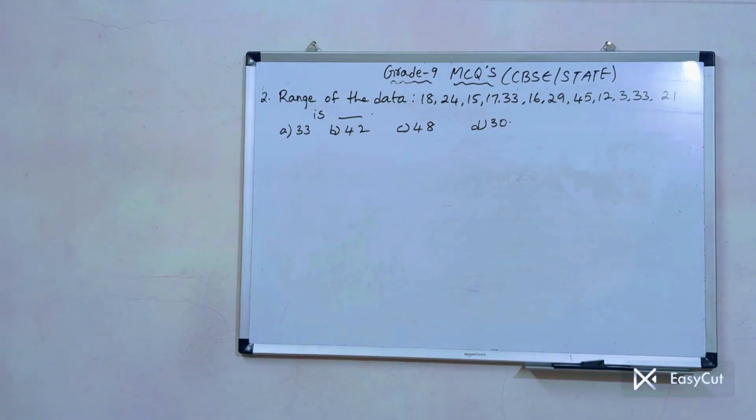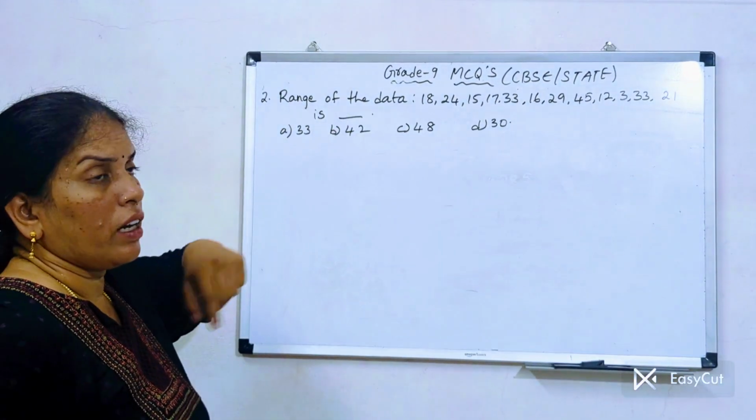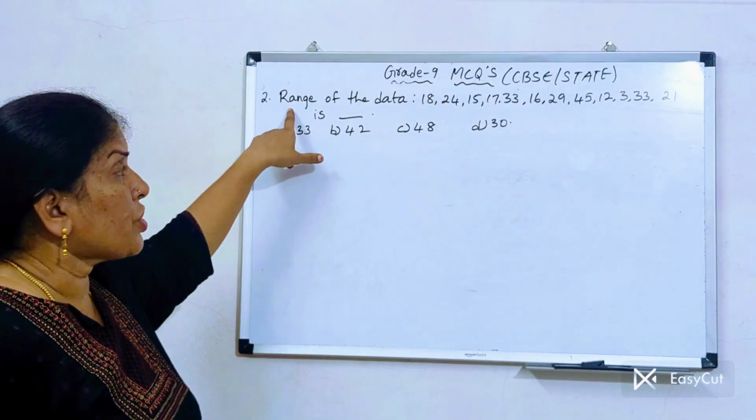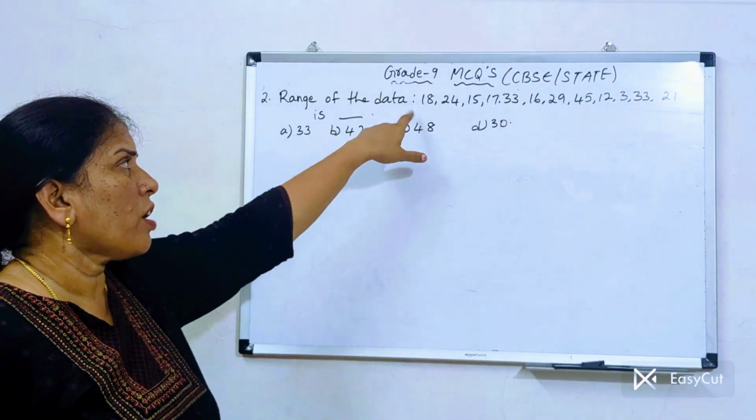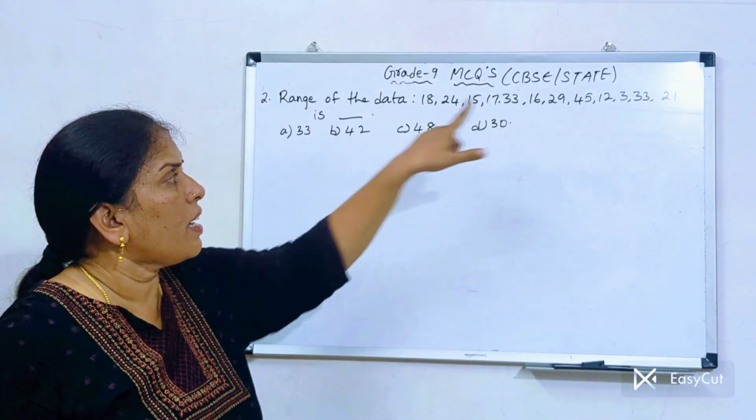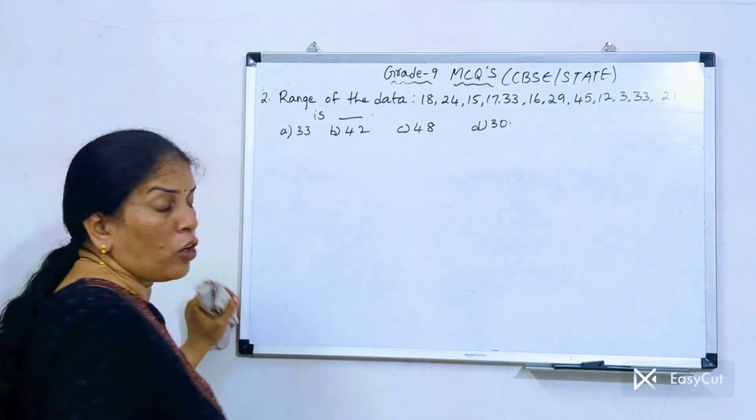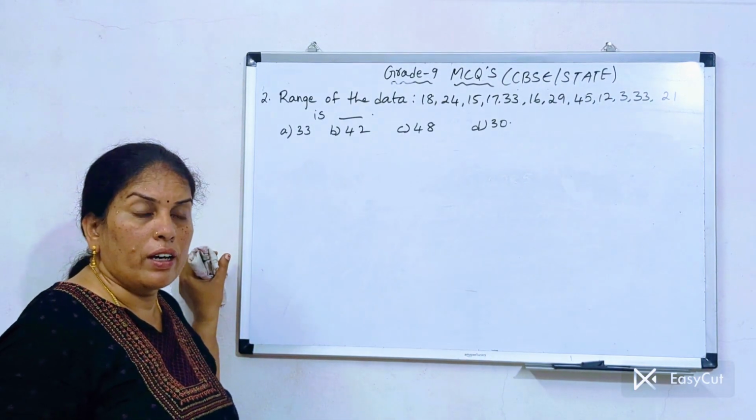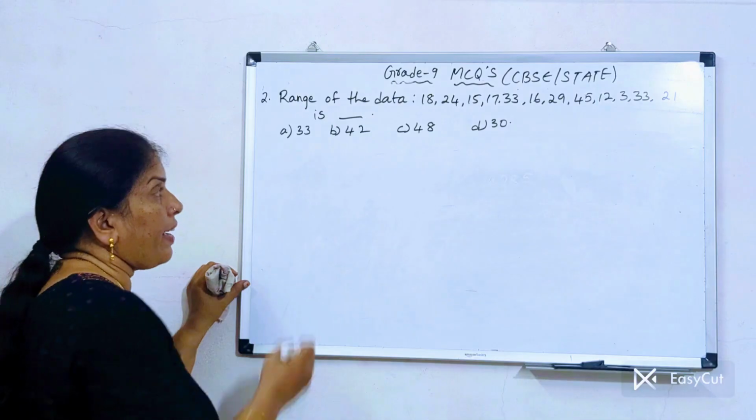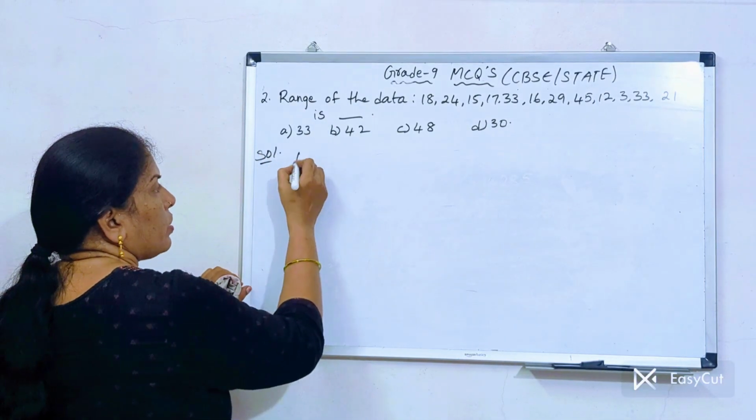Next question is range of the data. They gave the question, find out the range of the data. They have given the data here, you must find out its range. See here children, how to find out the range of the given data? What is the formula for finding range? Range is equal to,